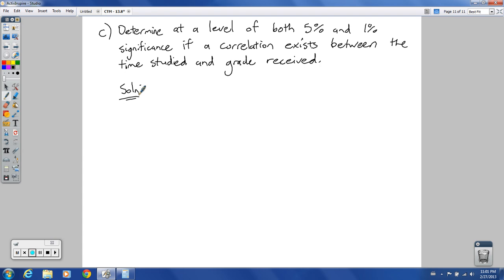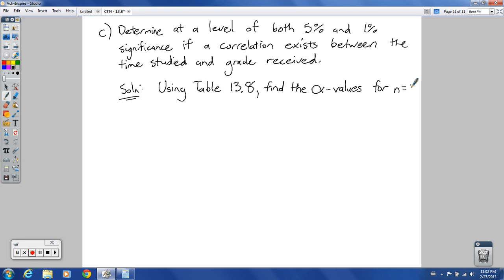And so I'll put SOLN for a solution on this one. We have to go back to table 13.8. I had put that in a slide previous to this. We're going to refer to that table for this problem. We're going to find the alpha values. The alpha letter looks kind of like a little fish. So find the alpha values